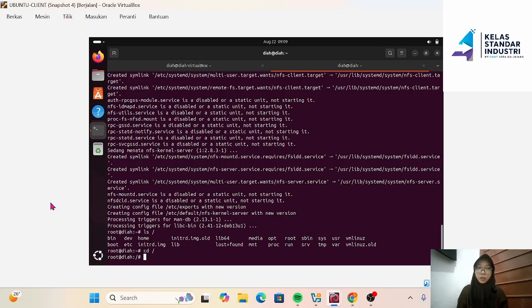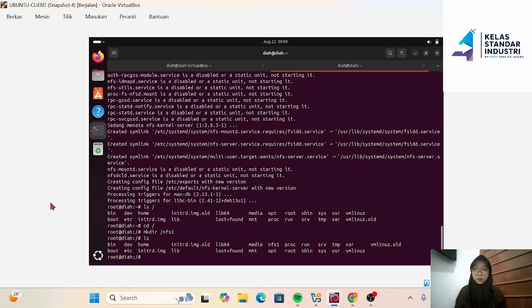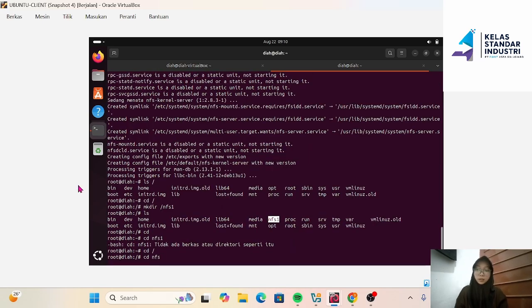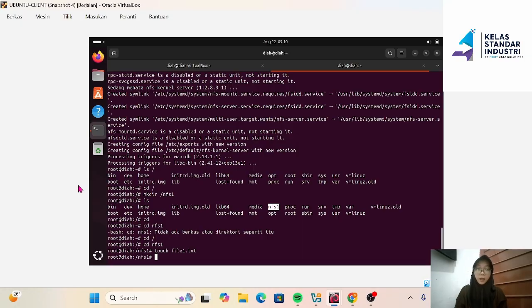To create a directory type mkdir /nfs1, enter. cd nfs1, enter. touch file1.txt, enter. After successfully creating the directory and adding a file inside, we will share this directory using NFS.